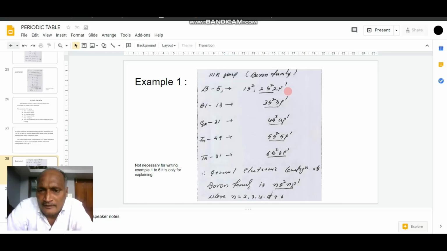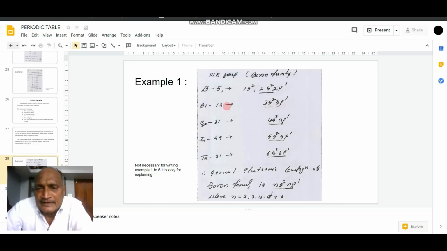Here in boron, the valence electron is entering into the p subshell as p1, hence boron is a p block element. Likewise, when we come across the element aluminium having atomic number 13, its configuration can be represented as